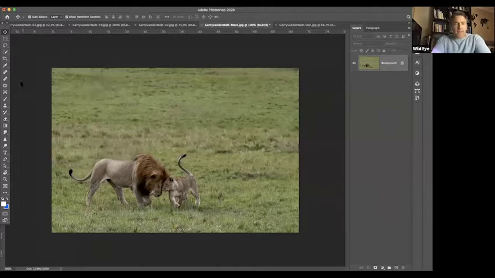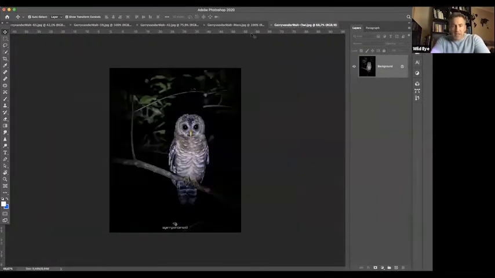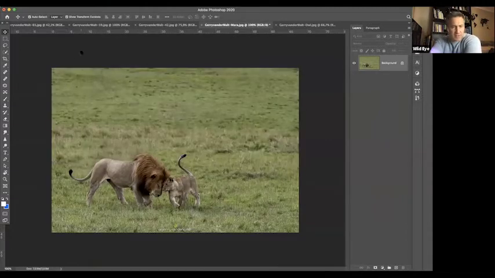Okay, so I'm going to dive straight into Photoshop now, and we're going to go into the layer function. I want to explain layers to you a little bit and just show you a very basic adjustment, which is basically the same thing as the black and white slider that you get inside of Lightroom. Right, here we go. Guys, I'm seeing the question pop up in the Q&A. We'll pop back there in a little bit. Into Photoshop we go. Okay, so I've chosen a couple of files here for different reasons, and we're going to play with these a little bit. I'm going to start you off with this lion shot here. This is from the Masai Mara, I think end of last year, actually.